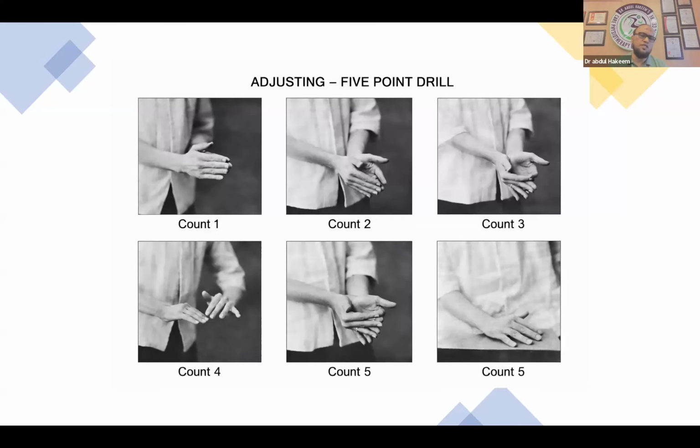And one more thing, during the palmar adjustment, we always have to keep a low arch. During the toggle recoil, we have to keep a high arch, low arch and high arch. This is the five point drill to make the gauntlet arch. 1, 2, 3, 4, 5. Then next,